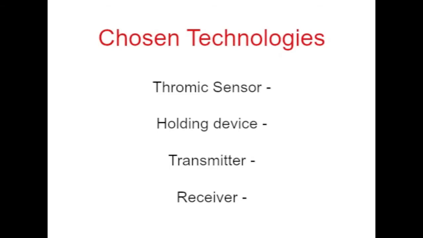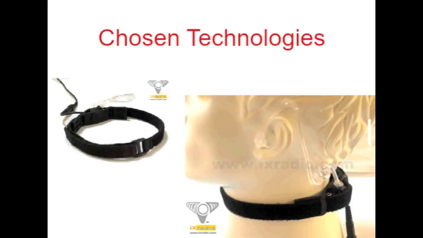The next level was coming up with technologies and ideas to create the solution. We first focused on finding a combination of a vibration and audio sensor. We decided to settle on the thromic sensor, a dual vibration and audio sensor meant to act as a microphone for the throat. After listing a variety of devices and conducting research on technology that may meet our needs, we settled on a modified version of the accessory